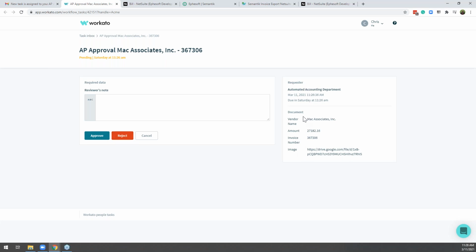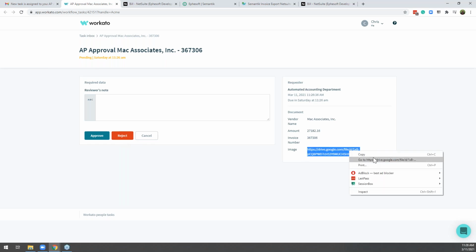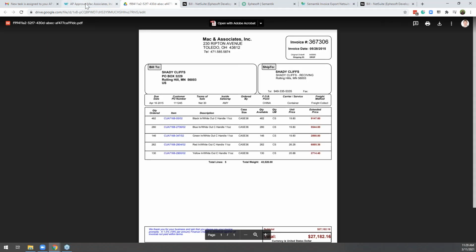You can see we're embedding the semantic data that we captured into the decision of the approval or rejection, so the person doing this approval has all the information at their fingertips to act on that invoice. I also store the document in Google Drive, so if you wanted to pull that image up, you can look at it and see the image if you need to go back and address that approval.